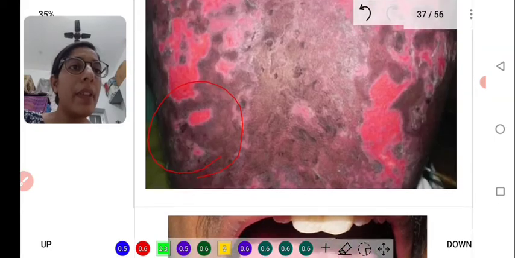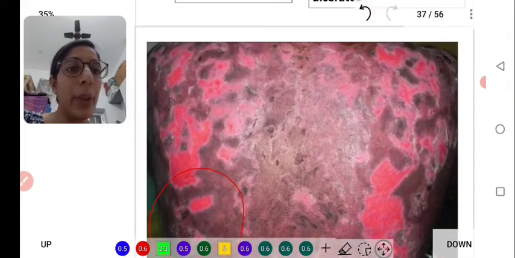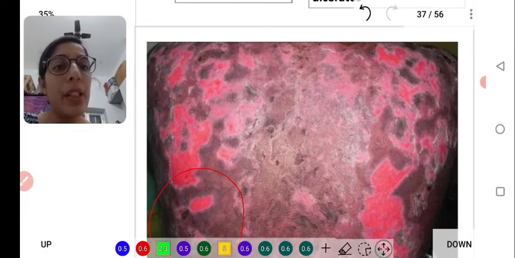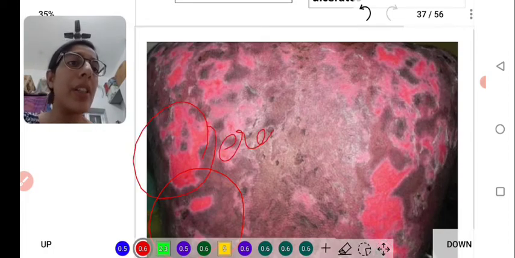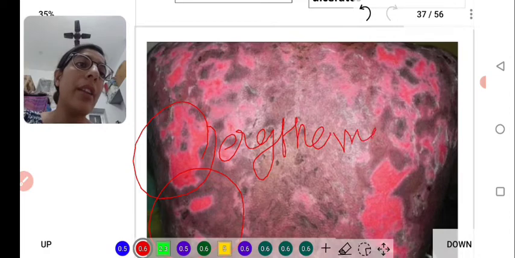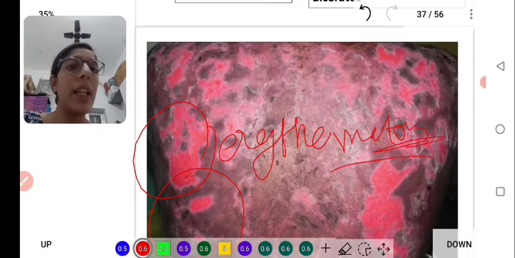There will be a flaccid bulla. On the peeling of the skin, you are seeing these erythematous lesions are present. And when both conditions are present together, when there is dermal inflammation with the dermal involvement and the mucosal